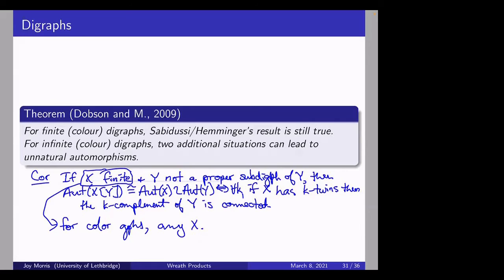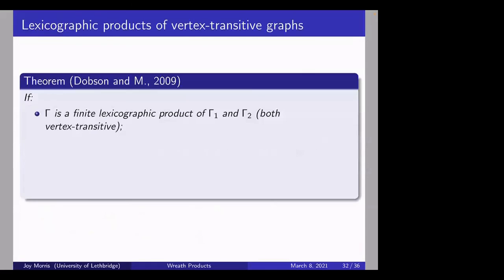So one other particularly useful situation, especially when we're talking about algebraic graph theory, where lexicographic products arise, is for vertex transitive graphs. And maybe one of the most interesting results, as far as I'm concerned, in that 2009 paper that I wrote with Ted, is that if you have two graphs that are finite and vertex transitive, and we take their lexicographic product, and the